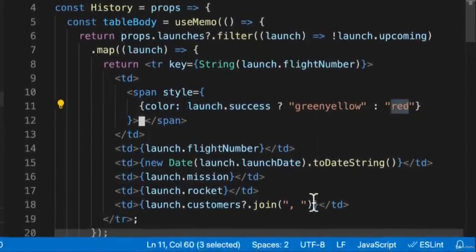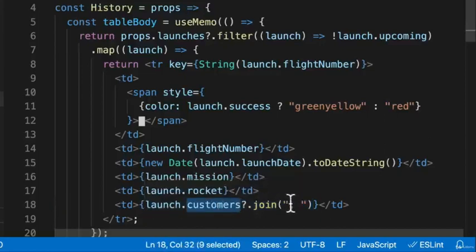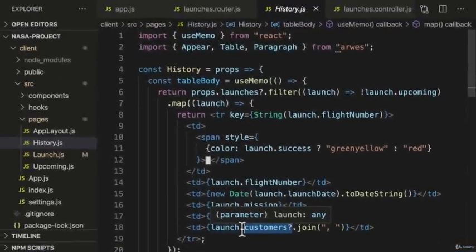And we also join the customers array and all of its customers with this comma if the customers array exists. What remains is for us to add a way of requesting the launch endpoint from our front end, which is going to be in our